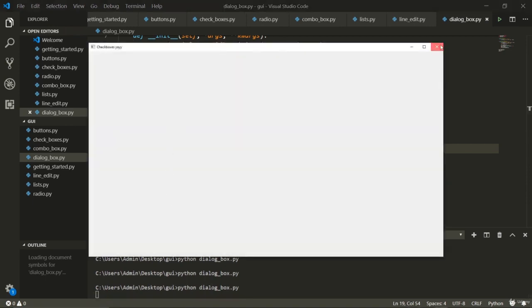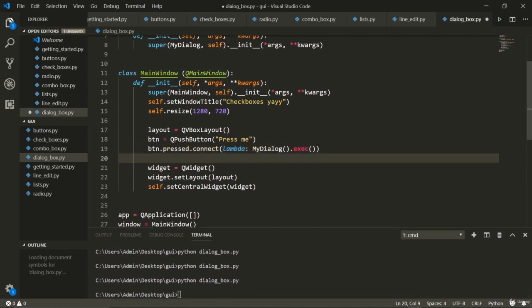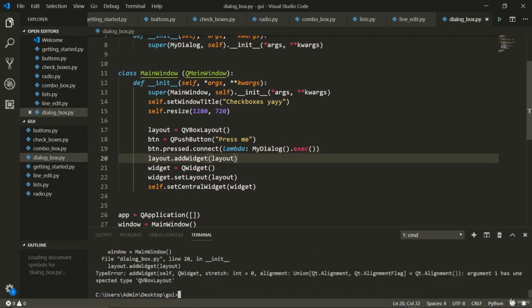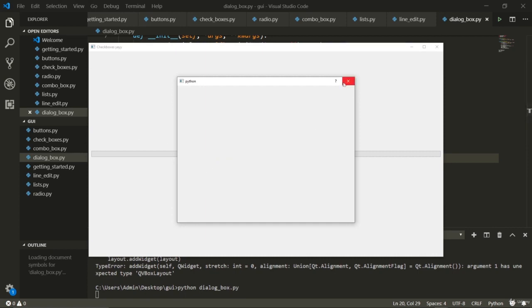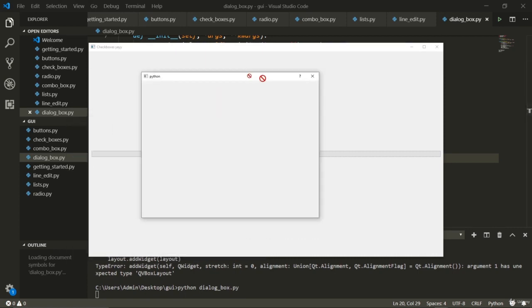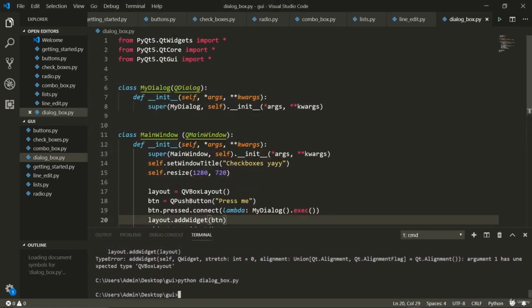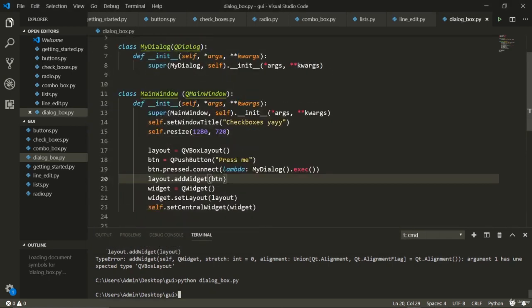As you can see, I have not added anything to the layout, so layout.addWidget. Now you will see that there's a problem here. So now if I run this, and if it actually works, you will see that another dialog box is shown, and this does nothing. Like, there is nothing to be done here. I can add everything just like this one here, but instead one thing that I have to do is